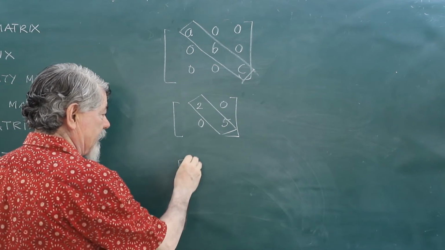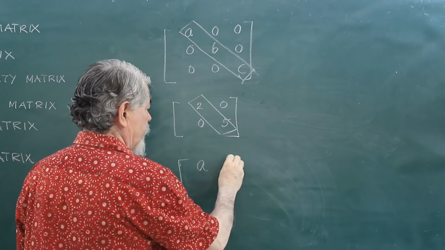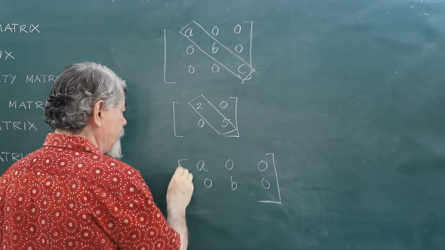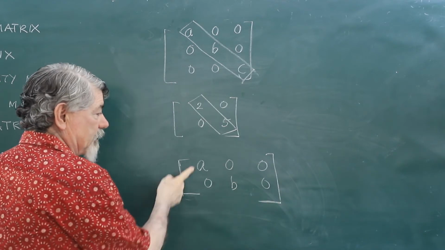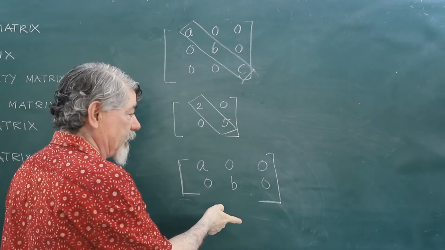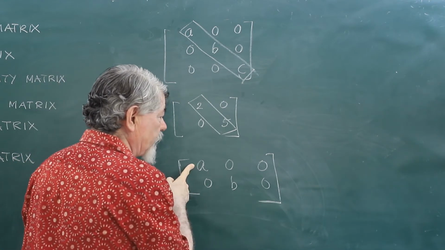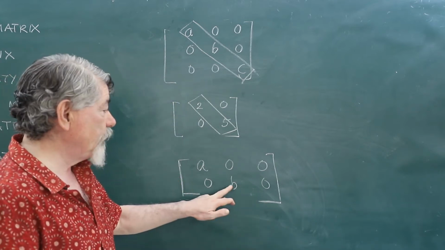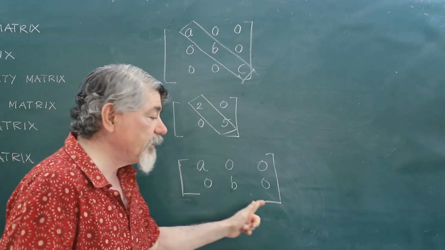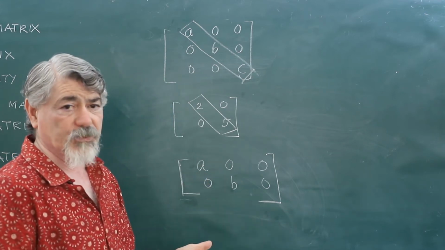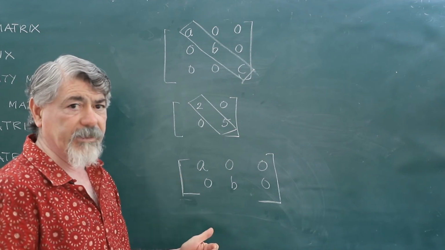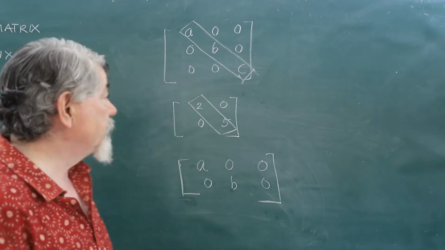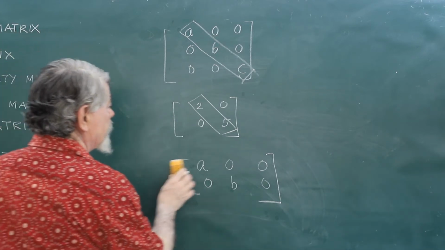For example, if you try A 0 0 0 B 0, this can't be a diagonal matrix because there is no diagonal. This is not the diagonal. This is not the diagonal. A diagonal will start from the top left and finish at the bottom right. It is not finishing at the bottom right, it is finishing only in between. So for it to finish at the bottom right, it has to be a square matrix. So if the lead diagonal elements are non-zero and all other elements are zero, then we have a diagonal matrix.